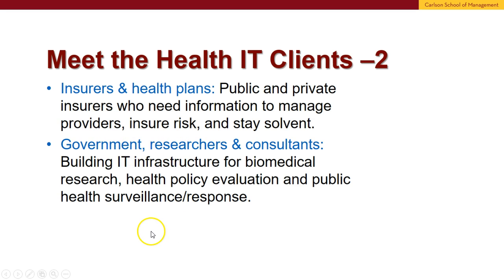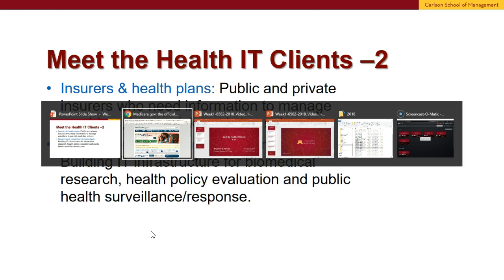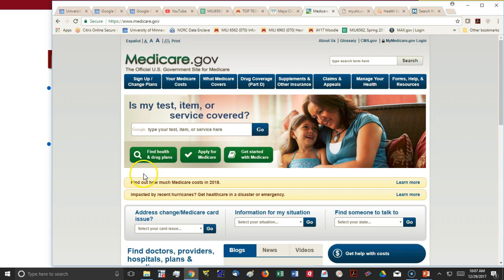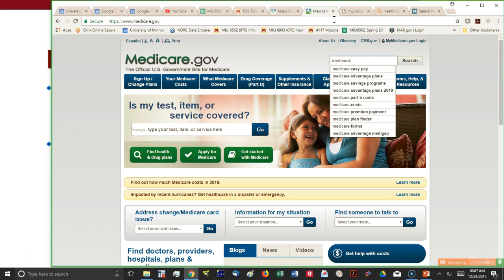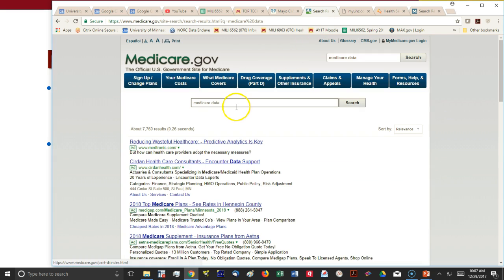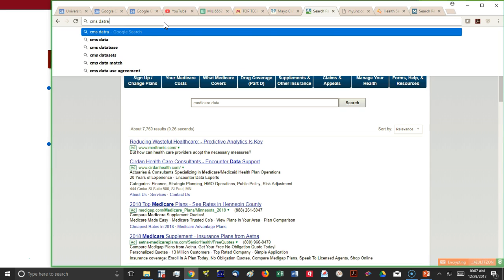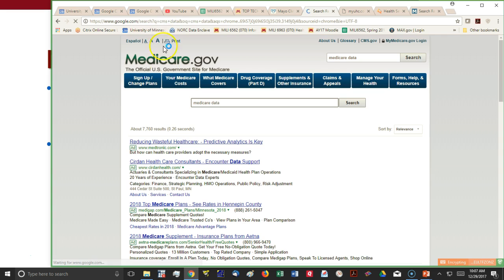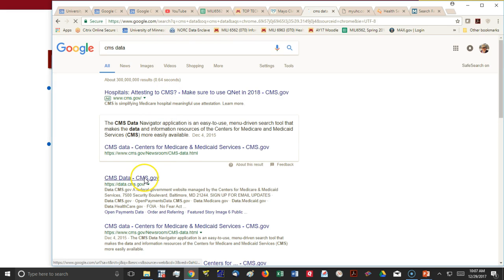The researcher component, the interesting thing about that is that if we go back to our friends here at Medicare, let's find the best way to find this here. Just Medicare data. Let's see how good their website's getting these days. Take that back. CMS data. I don't think they closed this down quite yet. Yep, CMS data. Same website,